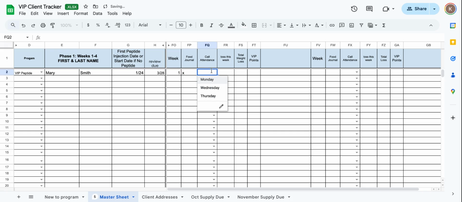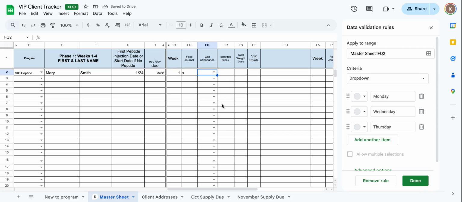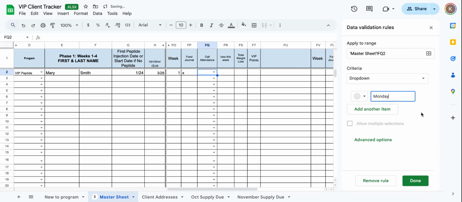What call is she attending? If you have more than one, you can change this to be what calls you have, or maybe you only have a Monday call. So you would get rid of that. And did she call? Did she attend? Did she participate? So you can do that. And then how much did they lose? And then their total weight loss for